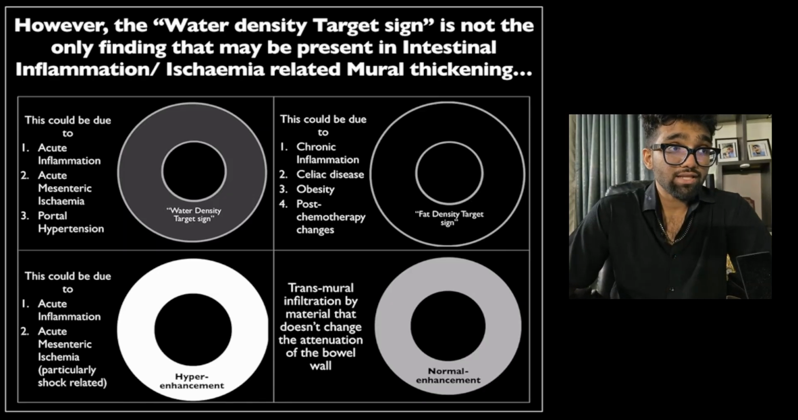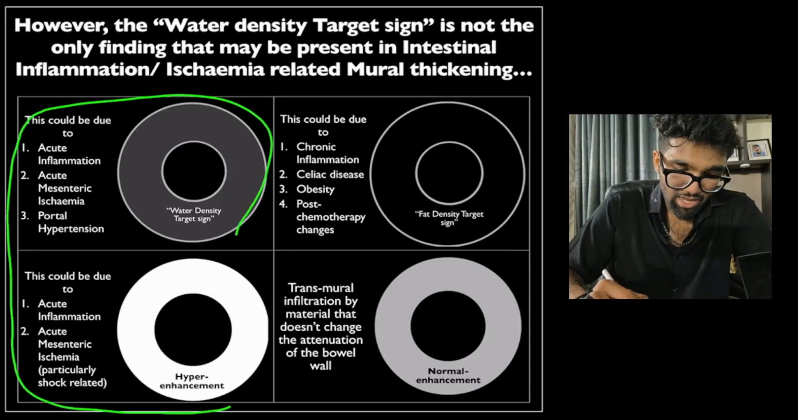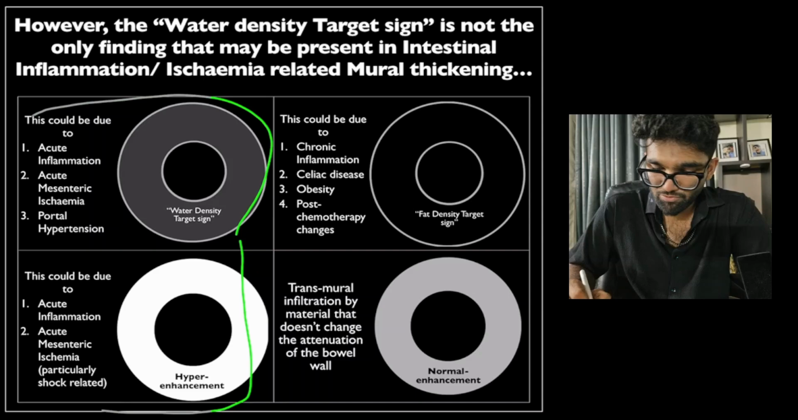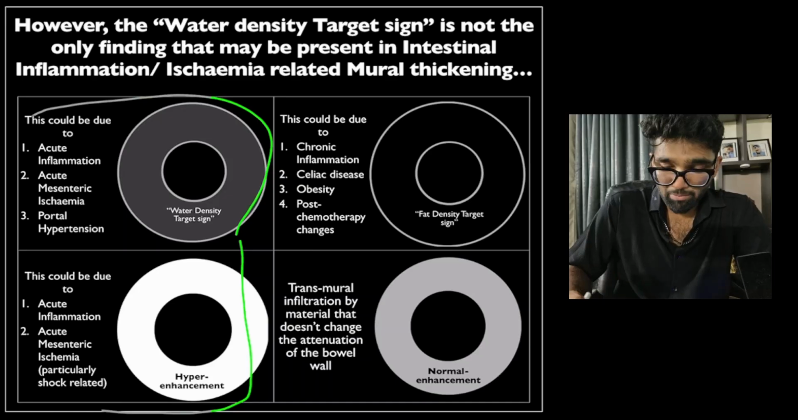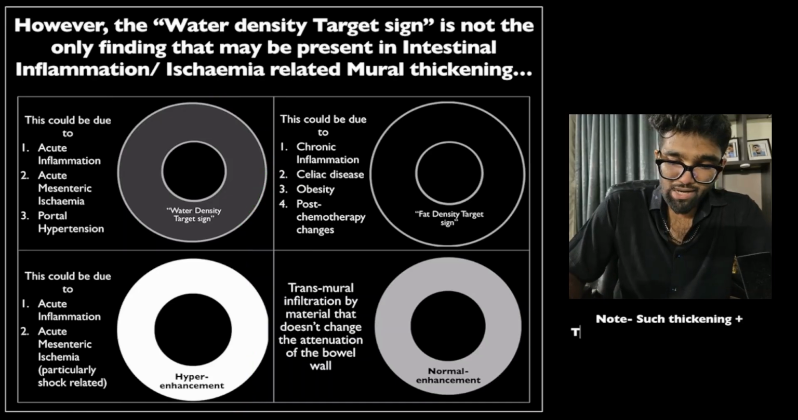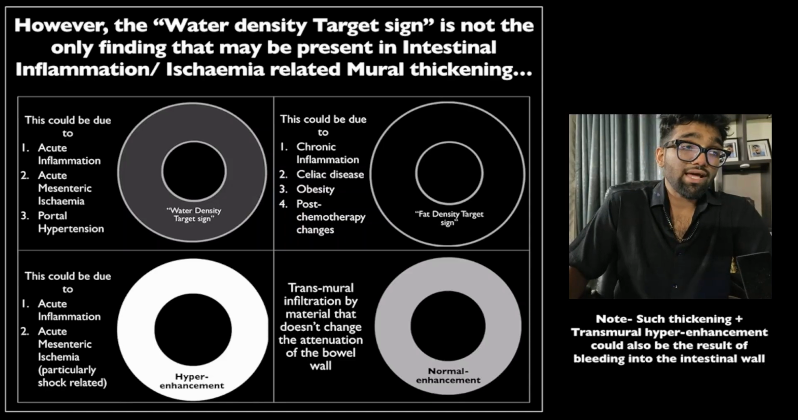Okay, that is non-occlusive acute mesenteric ischemia. As you can see, essentially the water target sign and the diffuse hyperenhancement of thickened bowel have very similar differentials, excluding portal hypertension. Now, the normal enhancement doesn't really mean anything. It could be normal, it could be that there is thickening. So we would need to evaluate that further, and we'll talk about that when we talk about neoplasias of the